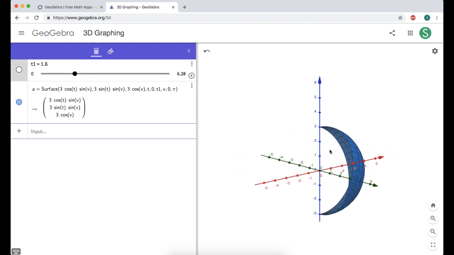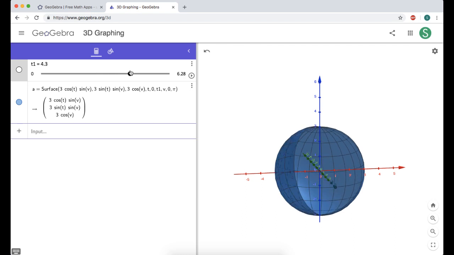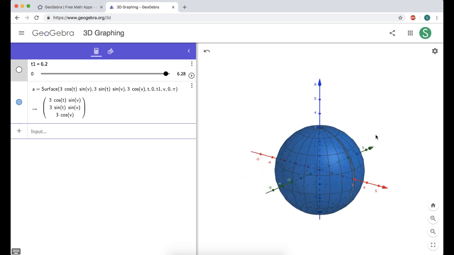What'd be nice is if I could also get a good sense of what phi is doing, and it turns out I can do the exact same thing. So if I drag this all the way to 2 pi, you can see it doesn't quite get there, and so it doesn't close the sphere. So one of two things you can do: you could just live with that, which is not really a problem, or you could click there, make it